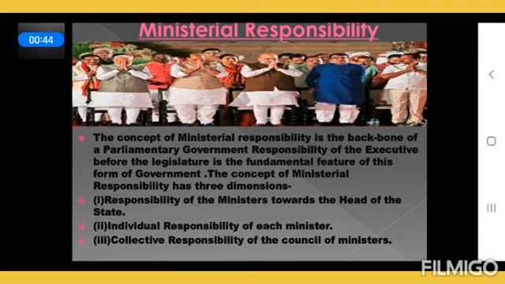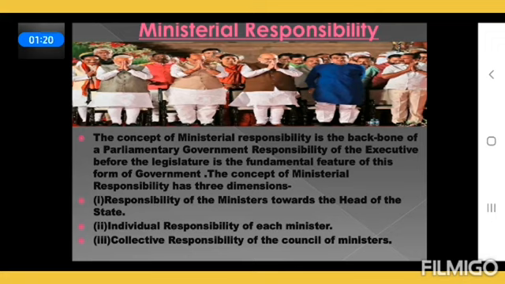So legally all the ministers are the advisors to the head of the state. I've already told you before, students, that the president is a constitutional head. The head of the state is also known as a nominal executive, and all the executive powers are vested with him. That means it is vested with the president, but he himself does not exercise this. Who exercises it in reality? The council of ministers along with the prime minister as their head, and they are known as the real executive. They are the ones who exercise it, right? So the prime minister acts as a chief advisor over here. They are the ones who advise, right?